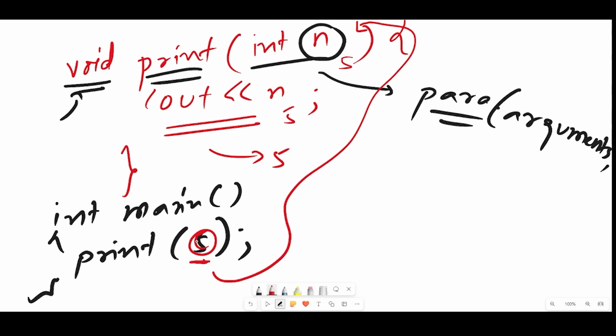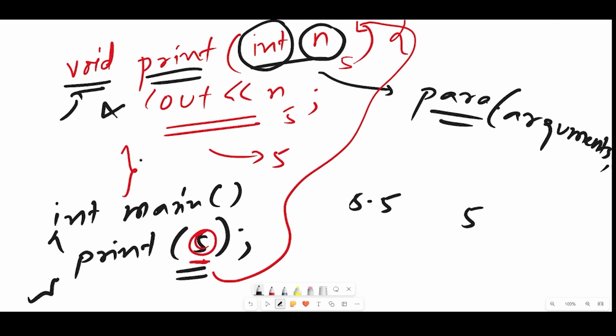It is not important to give 5 here only, it can be anything. Just one thing you have to remember: what data type you're using. Since it is int, it will only be int. If by chance you give 5.5, it will take only 5, since it is int. So whatever data you're passing, make sure you know the data type. Looking at that data type, you have to put the value that you want to pass to the function, and that will be printed.